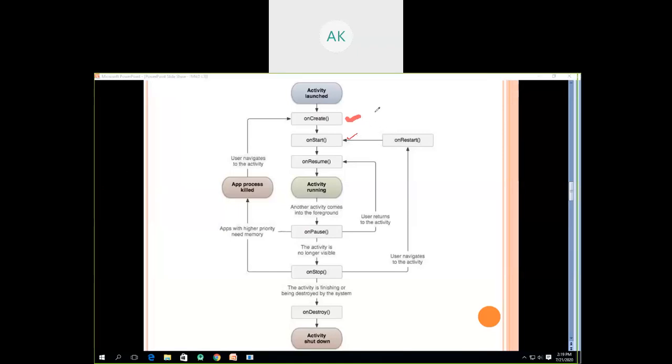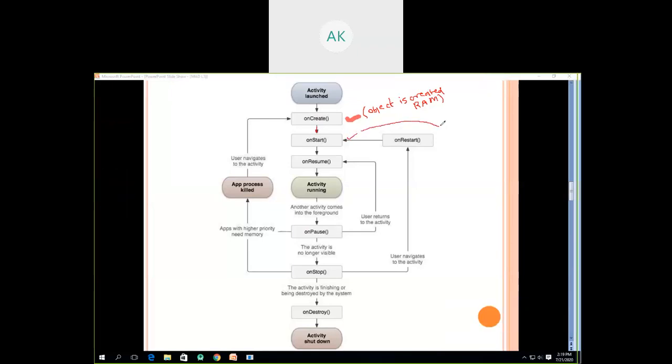Now what happens in onCreate? In onCreate, the activity object is created in RAM, that is, inside your mobile device's memory. Then after the object is created, it automatically goes to the next phase, called onStart.